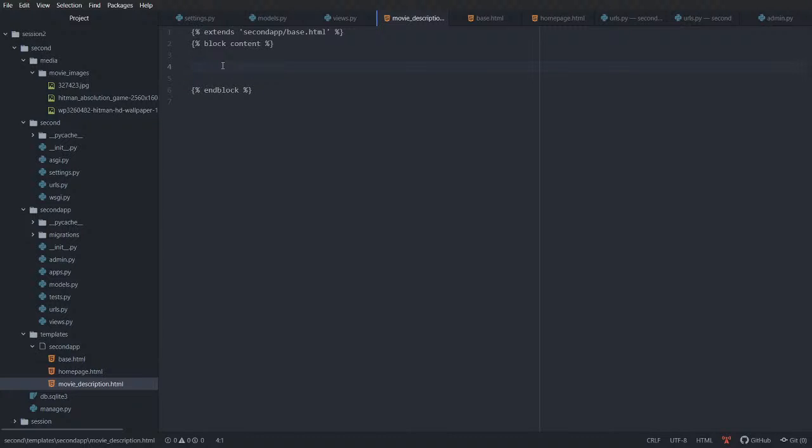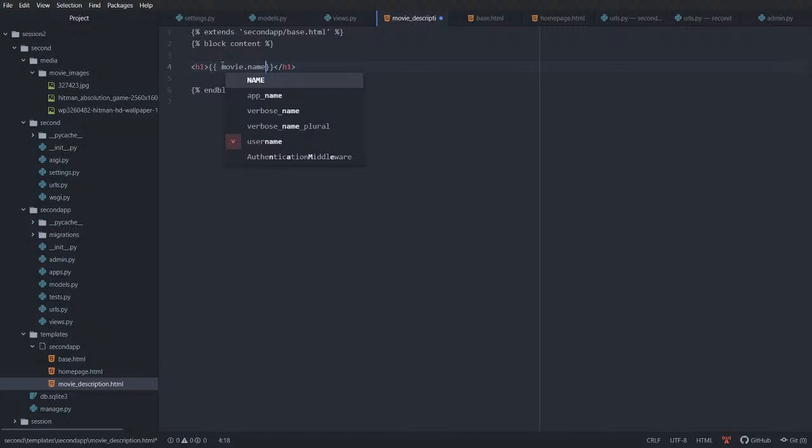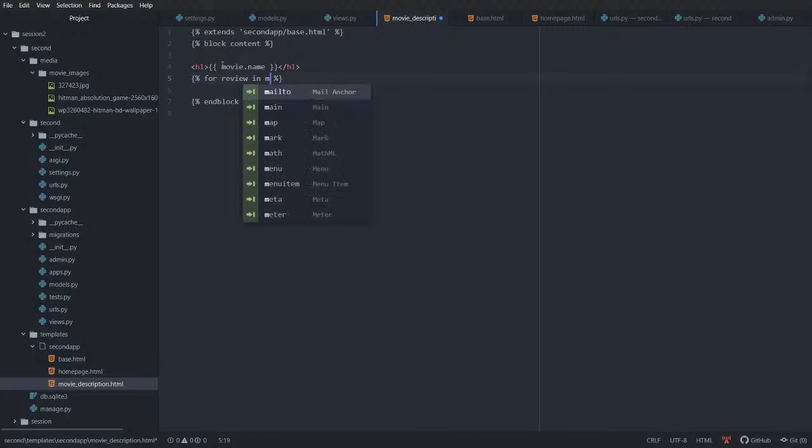Okay. So let's first print the name of the movie that we are actually working with: movie.name, and now let's run a for loop. So for logic we use percentage. So for review in movie underscore reviews,